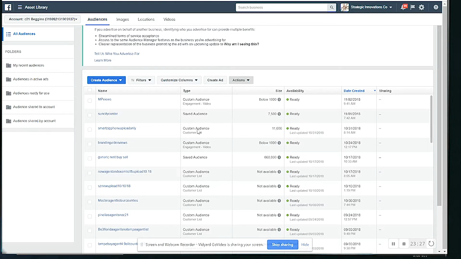I hope this all makes sense, guys. This is not as complicated as it may seem. You have to come in and play with it. These audiences are free. There's no cost to create them. Play around, create as many as you want. You can create all sorts of different things, really segment your customer database, really segment people who are engaging with the content that you're posting, and then leverage that as your opportunity to drive leads